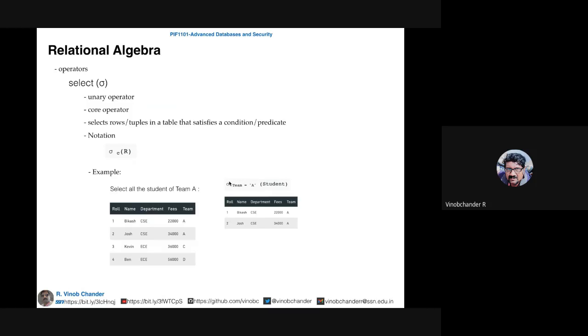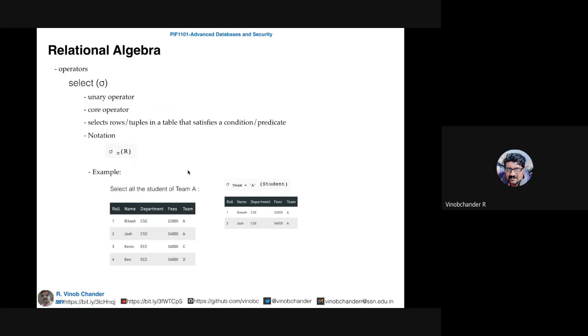Understanding, students? Yes, sir. Okay. So that was an introduction to the select operator. We'll see more examples and more intricacies of the select operator later. But for now, we are getting an overview of the select operator, which is used to select the desired rows from a particular relation or table.